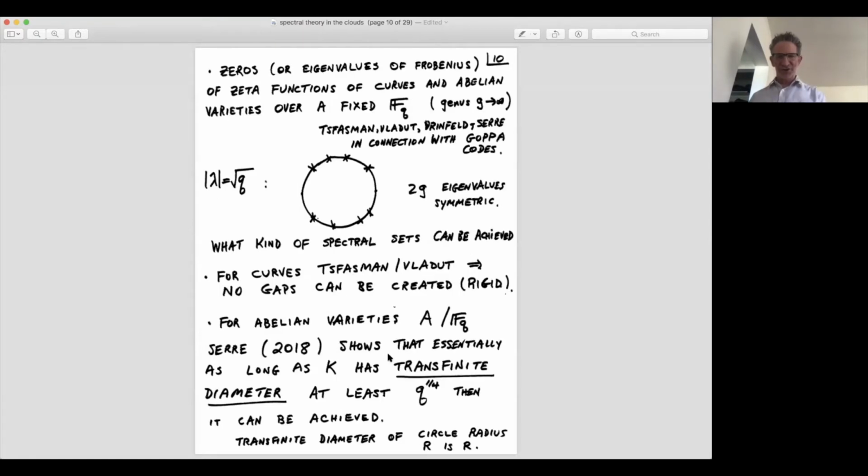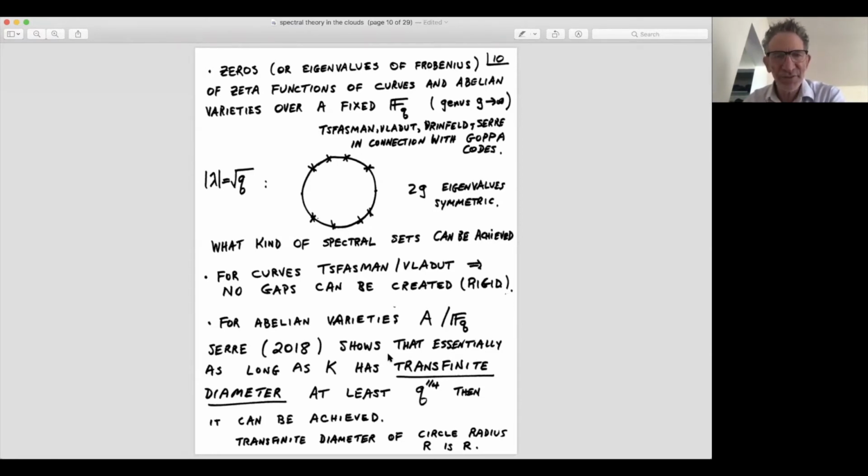There's another situation where Serre is still active. He's 90 something. 2 years ago, he wrote a beautiful paper, and it'll be relevant in my talk, proving the following. So this is an eigenvalue problem, which is coming from algebraic geometry. You're looking at a curve over a finite field F_q. So q is fixed, you have a finite field F_q, and you look at a connected curve over F_q of large genus, or you look at an abelian variety of large dimension over this finite field F_q. q is fixed.